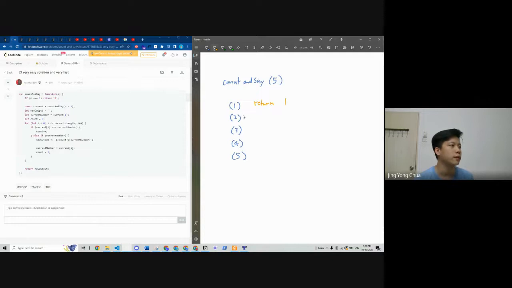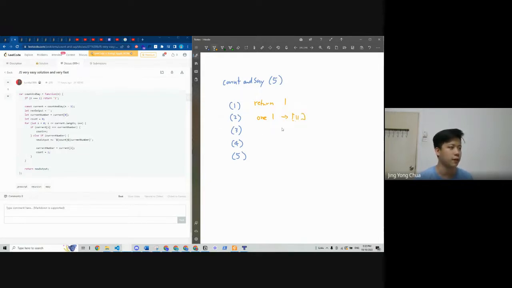Then for the second one, say 1, so it becomes 1 1, right? 1 1, it becomes 2 1s. Sorry, no, it is 1 1. So therefore this will become 11.